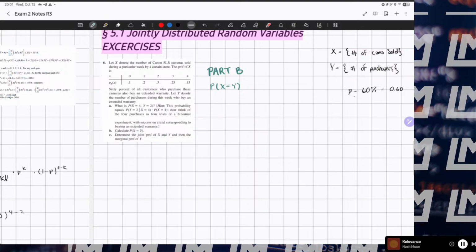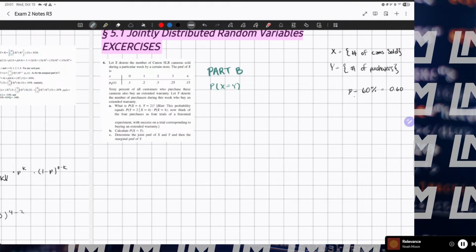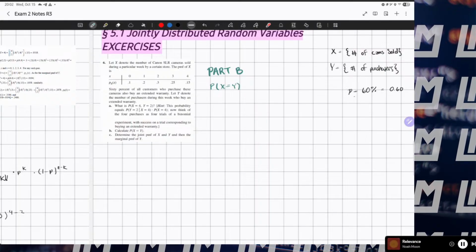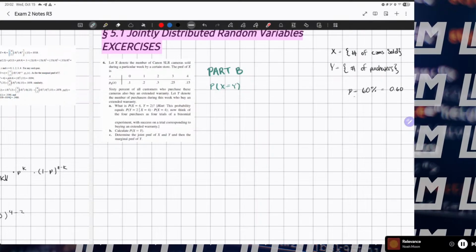We already know that. And in our notes, right? If you look at that Adobe sheet that I gave you,